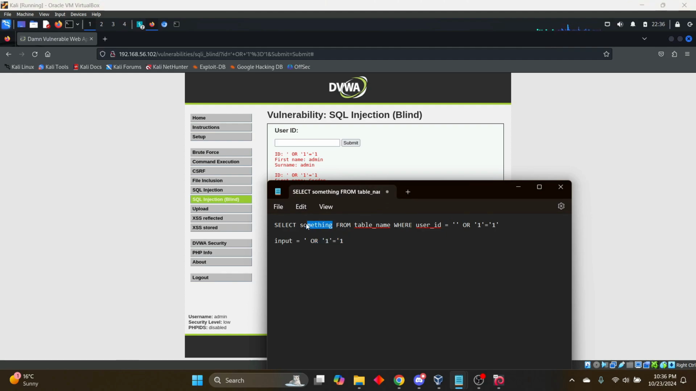So this seems to be first name. I'm just guessing what the column names are. Surname from, and I don't know what the table name is yet. So what I can do to check the table name is, what if I did something like,